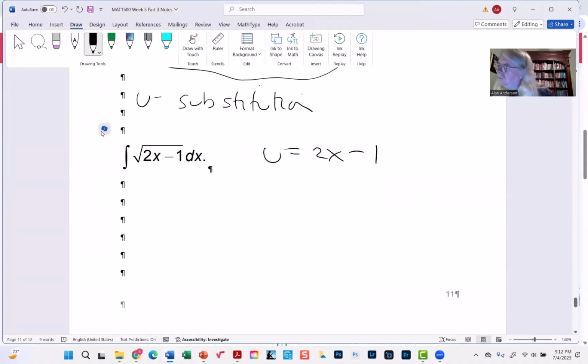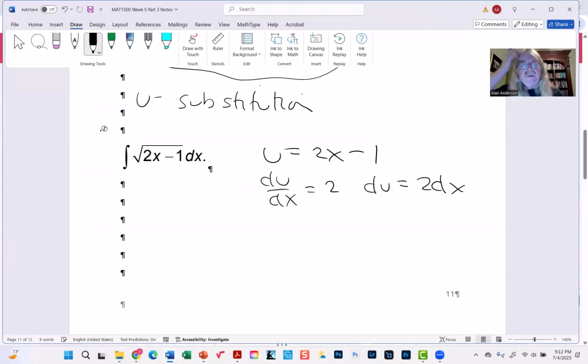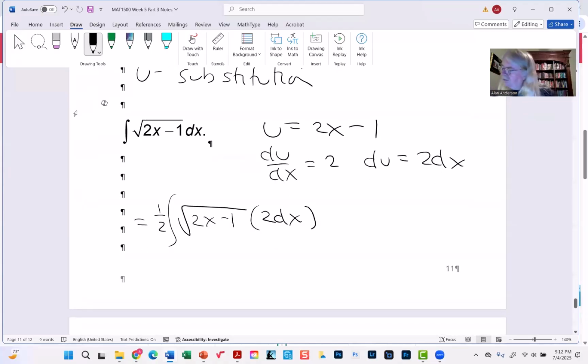So that would imply that what we have here, we're missing the 2. Let's remedy that. And now what we actually have here is,